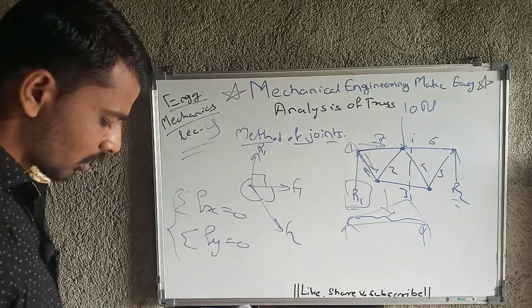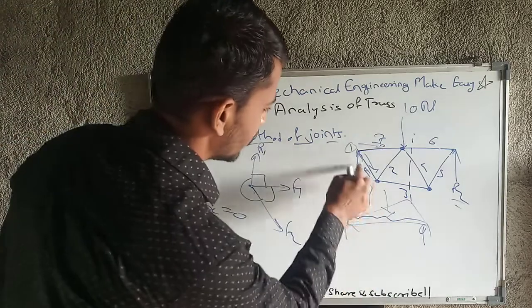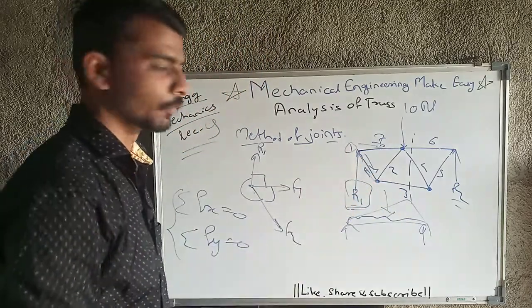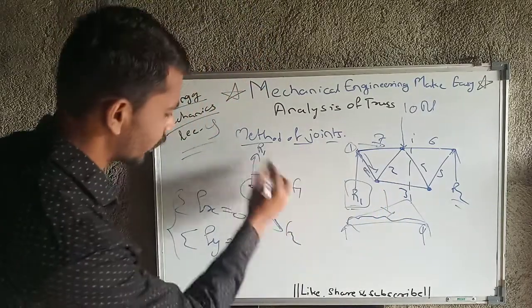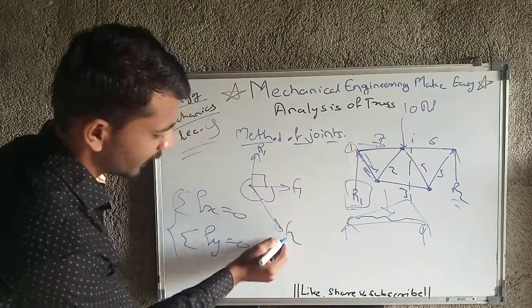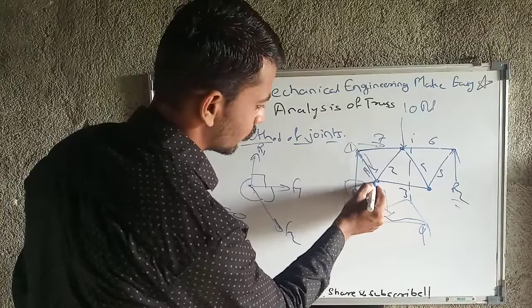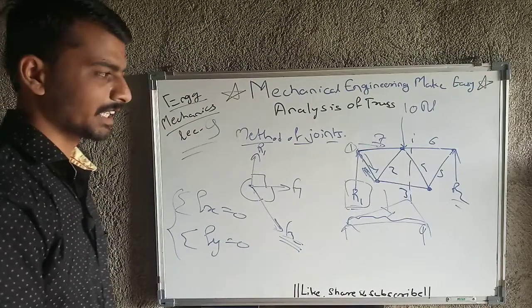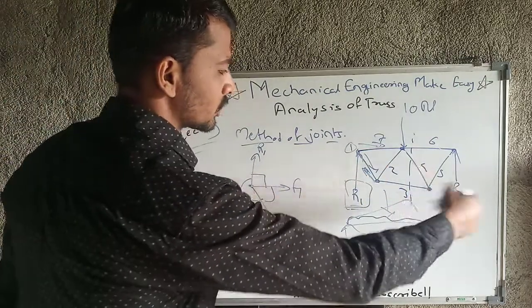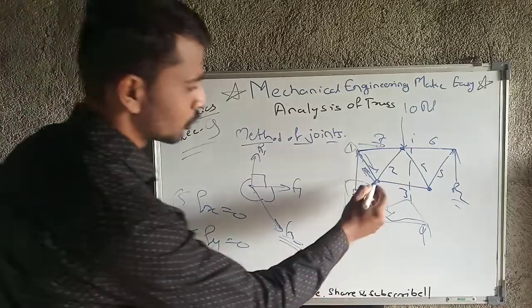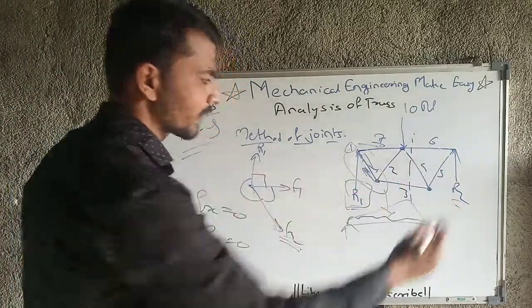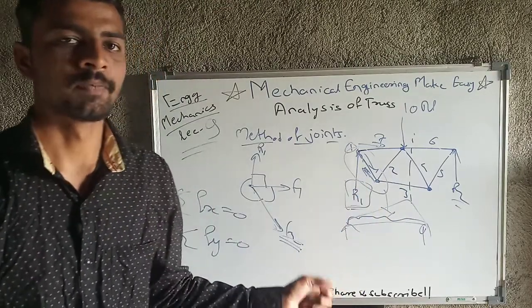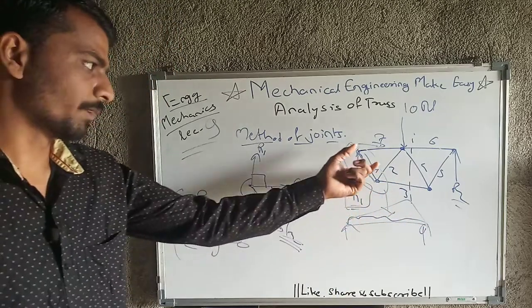Then next, there are some chances, like here I have shown you, that on this member and on this joint and this joint there are no extra forces. So ultimately, if I have considered this joint here and I have calculated the value of F2 here, then at this joint the force which is upward from this joint will be the same as F2, okay, that magnitude will be the same. So by observation also we can know some values of forces. Likewise, I have only given you the example of this member, but in a number of cases there will be at least one force that we can calculate by observation itself.